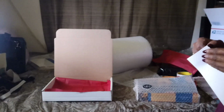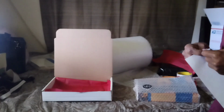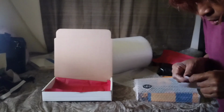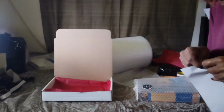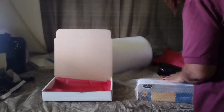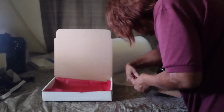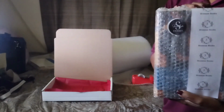Now with this book here, I have to put a little bit of paper around it so that it does not, you know, move around. So I will be doing that as well. Okay, got it. Right here. So you have a little book here. So now I'm going to also do some paper here, craft paper. I'm going to put it in here. And the reason I'm doing this,